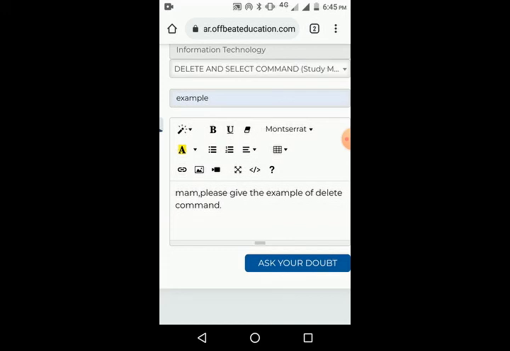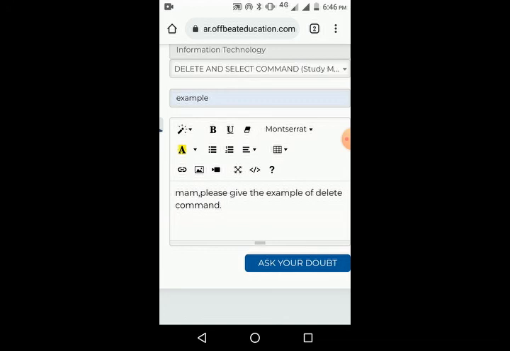Then we can see one image icon. If you click this picture icon, you can attach any kind of picture with your doubts. Next we can see a video icon. Here I can tell you that please don't attach any kind of video with your doubt.